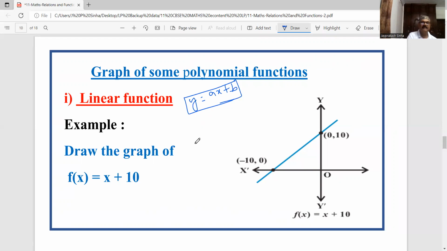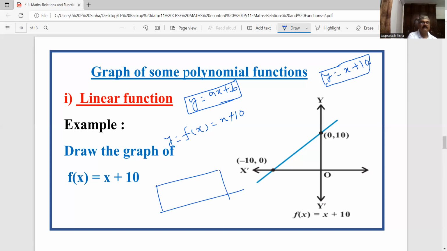Now just see, there is an example. One example is given. f of x is equal to x plus 10. What is f of x? It means y. It means y is equal to x plus 10. Now see here. If you want to draw this type of graph, then there is no need to take more than 2 points. Only 2 points are sufficient. Correct? If your equation is like this, y is equal to x plus 10,